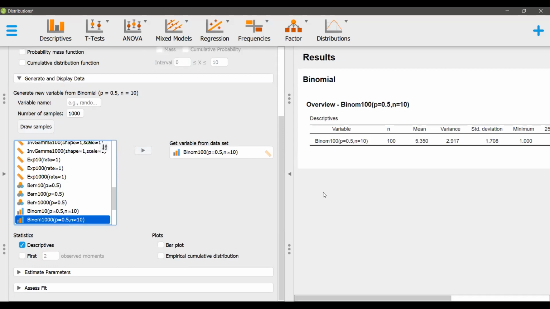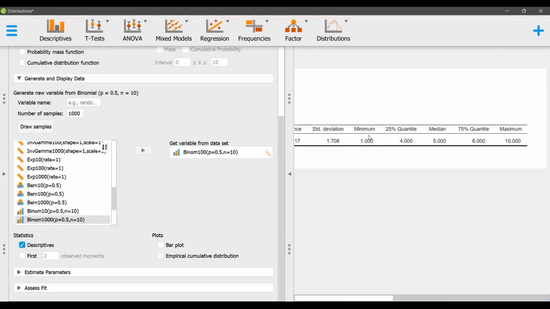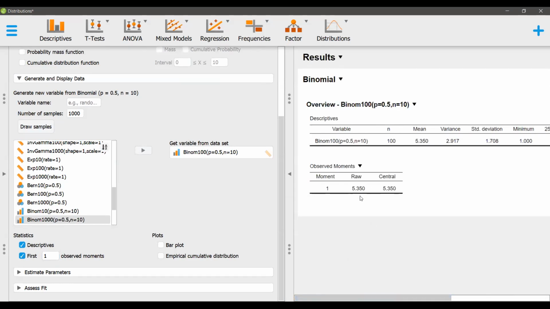So we can get the descriptives, which is what we have studied earlier: the mean, standard deviation, variance, quartiles and all. And we can also determine the first moment, second moment, any number of moments. So obviously the first moment is exactly equal to the mean. The second moment will be helpful to us to get the value of variance. So if we use this, we can use 31.5